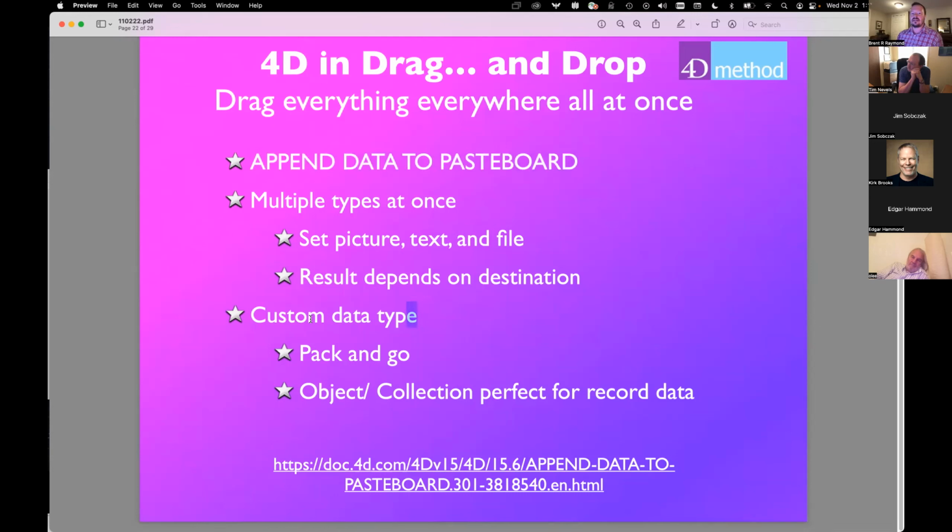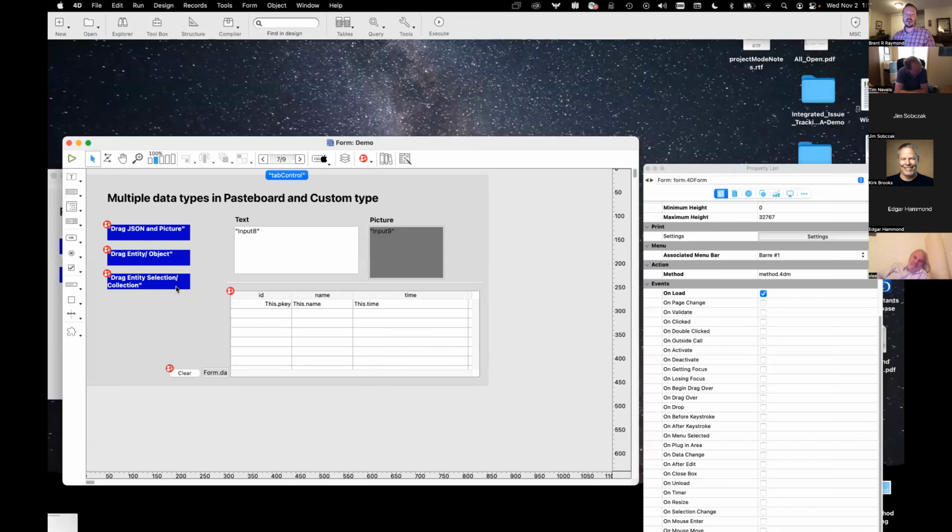And what also really takes off the handcuffs of these drag operations is you can create your own data type. So when you're appending data to the pasteboard, you don't have to say it's UTF-16 data or 4D picture data. You can say it's my company and a certain type of data. You can say 4DMethod user group data. So you pack it all up with your custom data type. For instance, you could have a custom data type with your own object or collection information for dragging straight records out of your application or around in your application, not so much to other applications, because they're not going to know about your custom data type. But within your application,